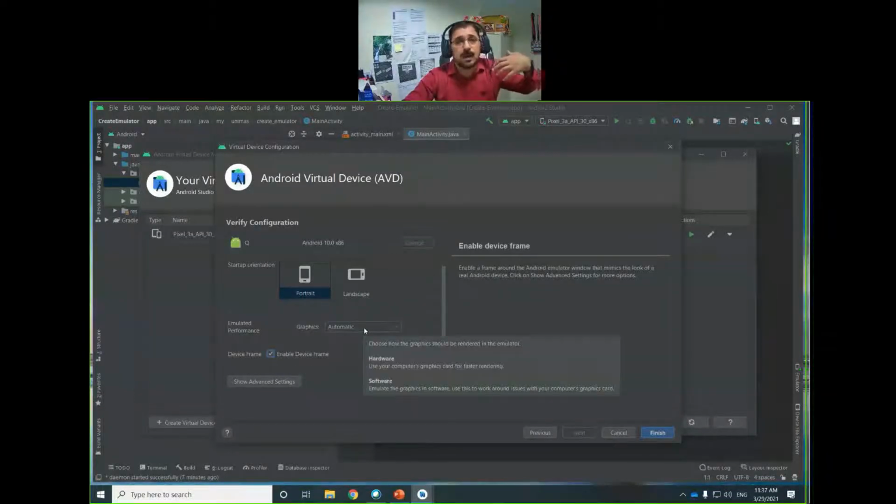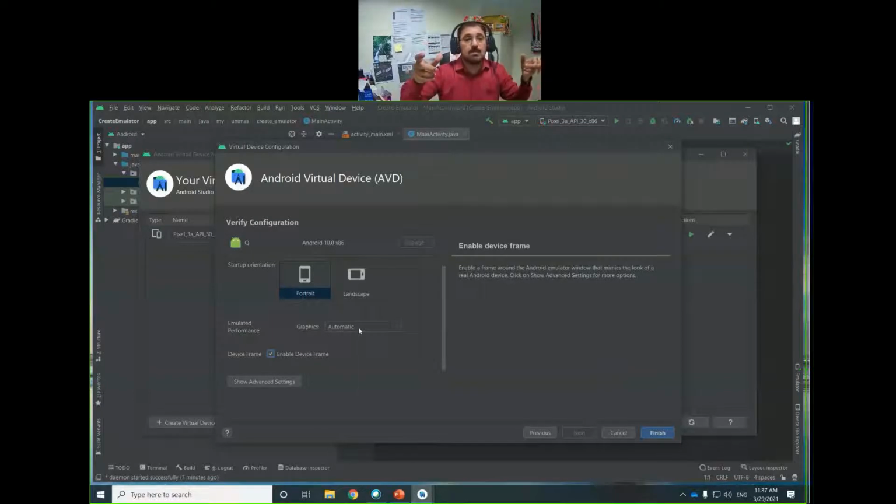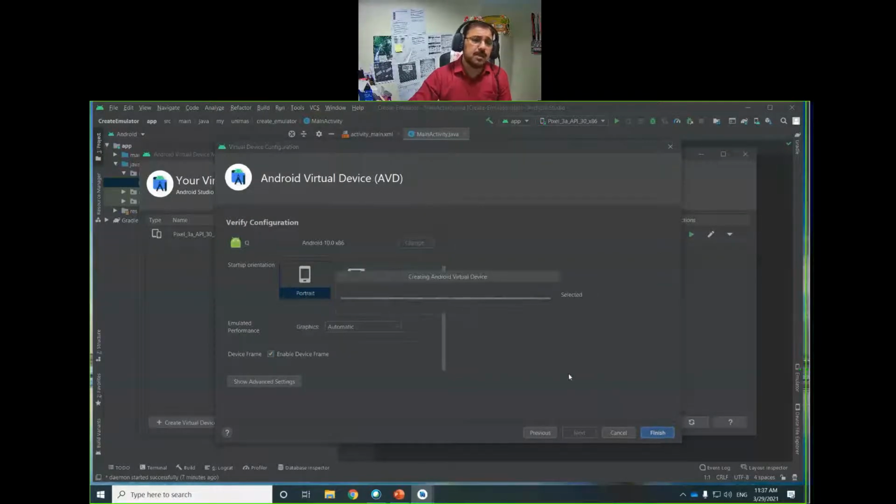But here you can change whether it should use hardware graphics, if you have a graphics card, or should be totally software based. It can be automatic, meaning the system will automatically decide: if there is a hardware graphic card, it will use it to run and load quickly, and if there is no hardware graphic card, it will be totally software based. Then enable the device frame, everything. If you go to the advanced settings, I recommend you just go with the default configuration, and then click.